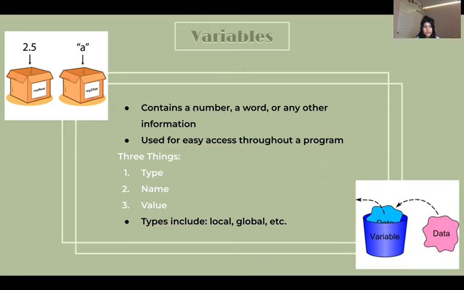Variables are used to store a number or word or any other information that can be used throughout a program for easier access. First is the type of variable used, such as local, global, and more. Local meaning that the variable is only accessed for a specific function, whereas global can be used throughout the whole program. The second is the name, as seen in this image,